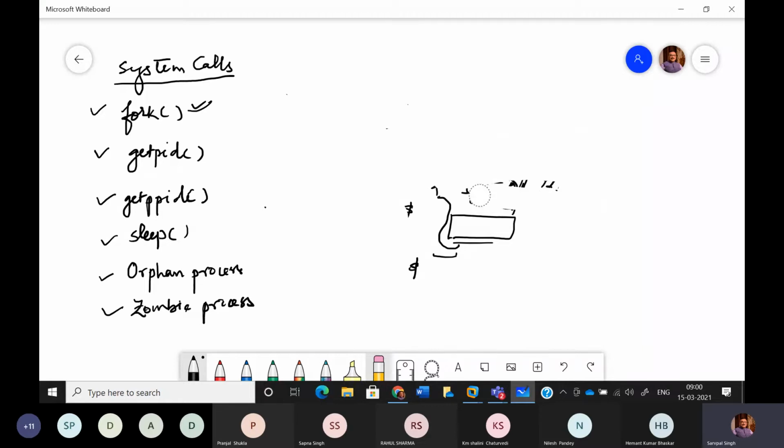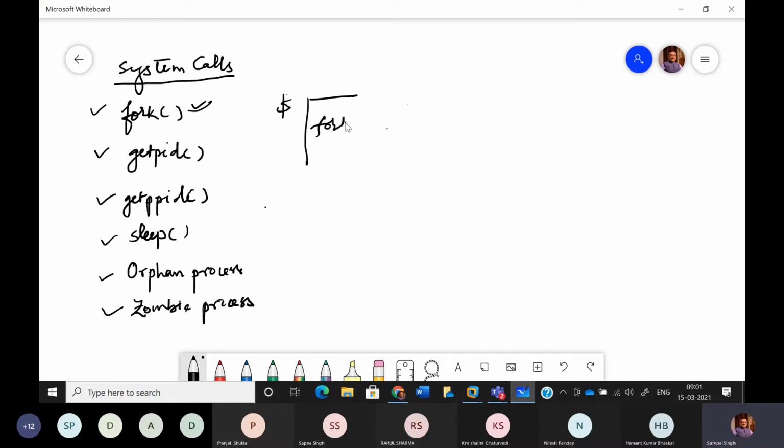Suppose we are writing a C program, and there we are making use of this fork system call. Let us suppose the name of my program is a.c, and I have compiled that program, and at some point I am making use of this fork system call. Upon execution of fork, what is happening?